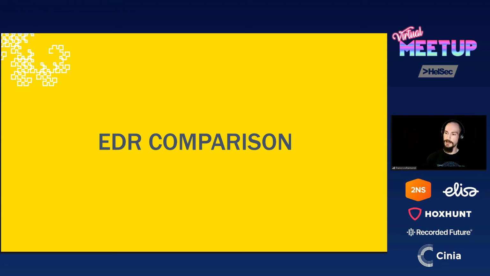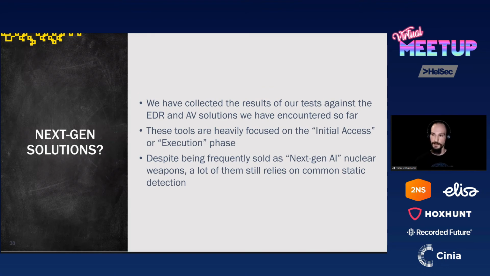So we have collected the results of our tests against the AVs and EDRs that we encountered during our engagements. So we have Palo Alto Cortex XDR, we have Microsoft Defender for Endpoint, we have SentinelOne, and we have F-Secure RDS. And the results were pretty interesting. Something that is worth mentioning here before diving into the results is that all these types of tools focus heavily